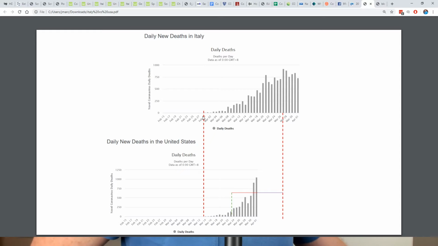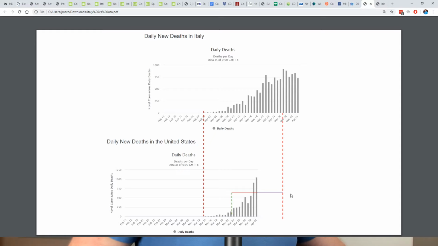First off, I lined it up here. This is their first death, February 29th. That equals March 14th here, okay? And then I looked at their bell curve here, where they hit on March 27th. I took the same distance here, and I extrapolated it to the left, as you can see, and I went down. So we're looking at March 24th, 23rd. So the equivalent from that is, if that's 23rd to the 1st, that's 8 days.